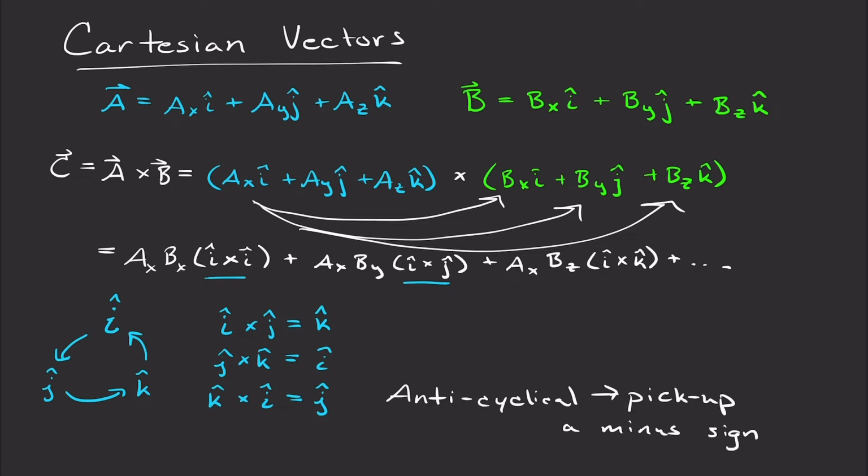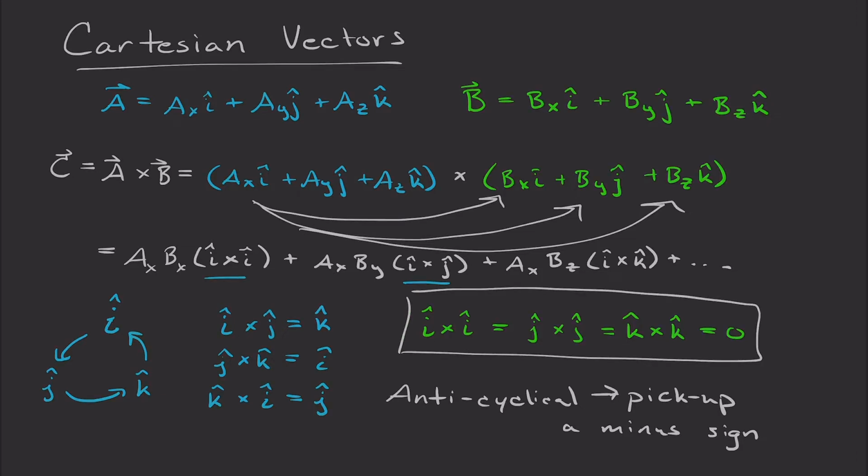And then what about i cross i, j cross j? Well, we said the cross product will multiply perpendicular components of two vectors, but if i is parallel to i, then it's not perpendicular to itself, it's in the same direction. So that just equals 0. There is no component of i that's perpendicular to i. It's in the same direction. So taking a cross product of a vector with itself will always give 0,